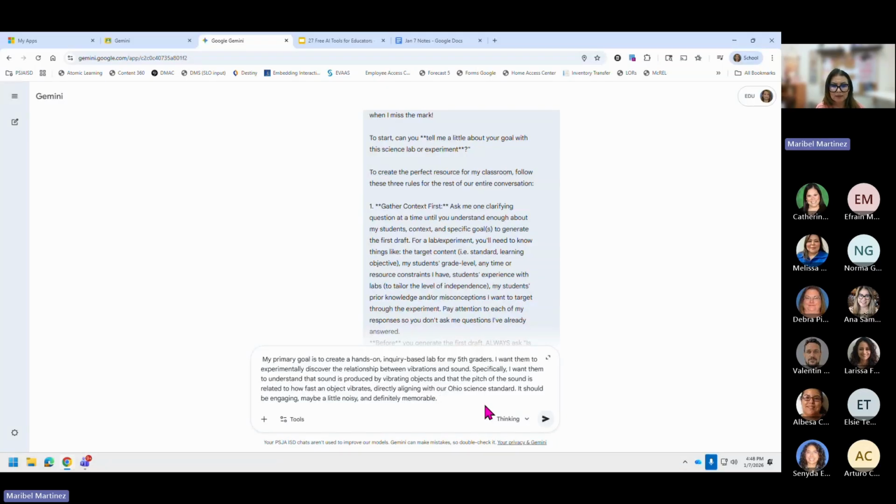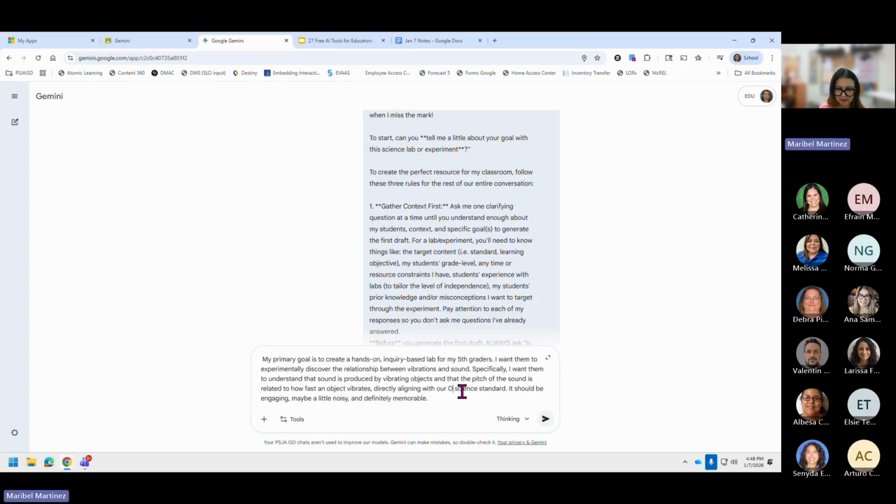I want them to experimentally discover the relationship between vibrations and sounds. Specifically, I want them to understand that sound is produced by vibrating objects, that the pitch of the sound is related to how fast an object vibrates, directly aligning to our Texas